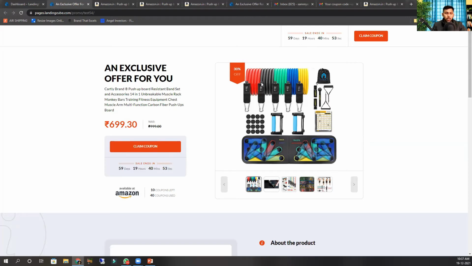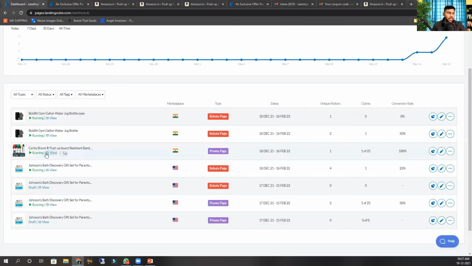Then the customer comes after seeing the ad, then they claim the code and text the coupon code. But in maximum cases they text the coupon code but don't go for the purchase, because the 30% off offer does not look that enticing for them. So to make this offer more enticing, let me show it to you.